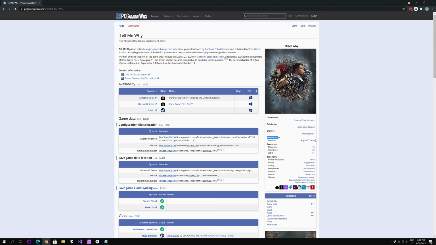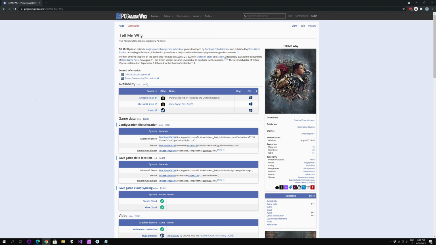And since developers don't typically update their Unreal Engine version, it likely will not support it. But you can still try if you really want to. Just don't expect it to work. Okay? Okay, so if both of those conditions are met, or you're just willing to try if the second one is not met,